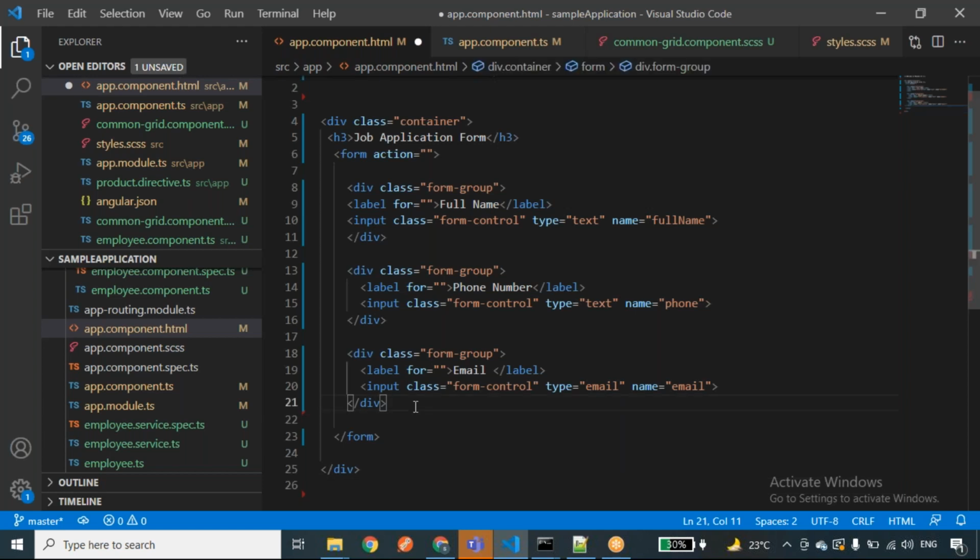I want to take one drop down also. For example, I'll take a div with class form group, and a label for the position you are applying for.